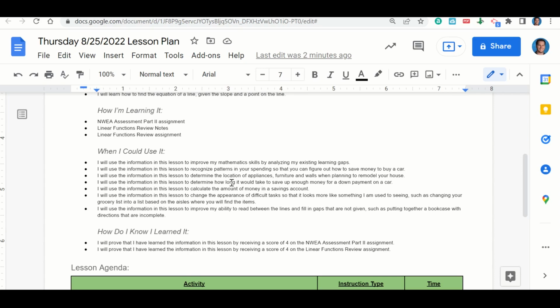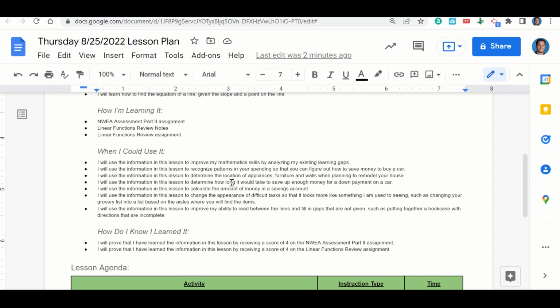When can you use the information in this lesson? To improve your mathematics skills by analyzing existing learning gaps, to recognize the patterns in your spending so that you can figure out how to save money to buy a car, to determine the location of appliances, furniture, and walls when planning to remodel your house, to determine how long it would take to save up enough money for a